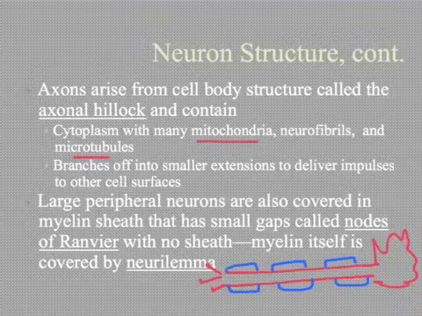The sheath, however, is not always complete. There are little holes in it. You can think of these sort of like Swiss cheese, right? It's a continuous layer, and then every so often you have a hole. Your neurons are the same way. There are little holes in the myelin, and those